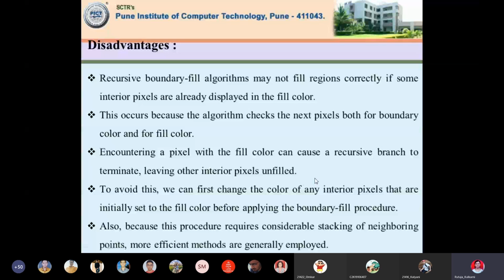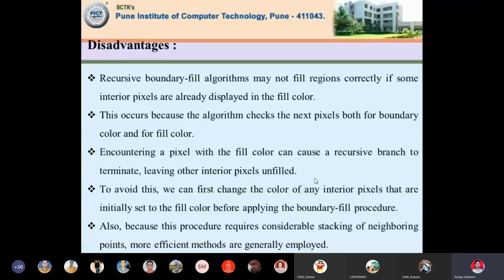Another disadvantage is stacking and unstacking, which I just explained. For a large polygon, it takes a lot of time depending on your RAM and memory. How your processor works determines how the polygon gets filled.